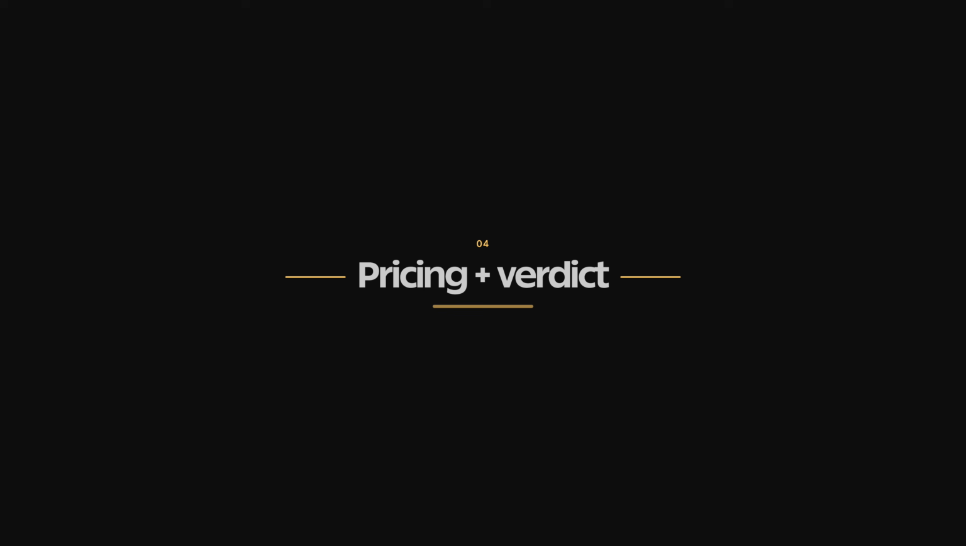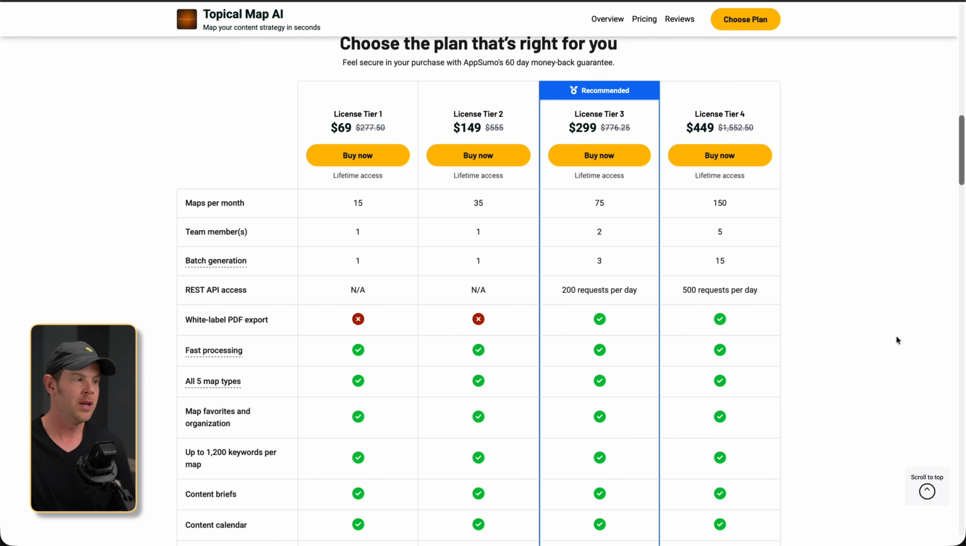In terms of the pricing, I find it to be very fair. $69 is tier 1, and really the only thing you're missing on tier 1 and tier 2 is going to be API access as well as white labeling reports. Then you're just kind of looking at the usage per month. So if you need more usage, buy a higher tier plan. You can go all the way up to tier 4, which is going to give you up to 150 maps